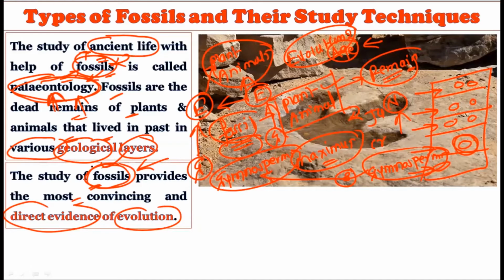You can place it in the laboratory, you can study it, you can design a structure, and you can say that such and such a plant was present in the ancient time, and these plants may have evolved into these types of plants, right? Remember, we have studied Rhynia in the pteridophyte category. We have the three orders of the gymnosperm. All these are extinct forms of plants. And we can correlate them with today's gymnosperms and pteridophytes, and on this basis, we can find the direct evidence for evolution.